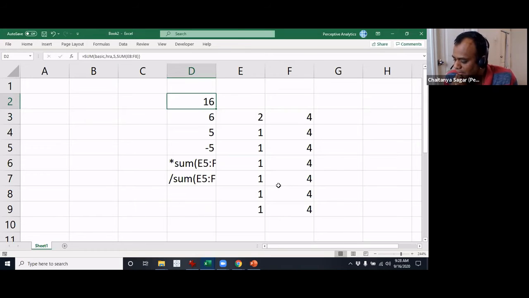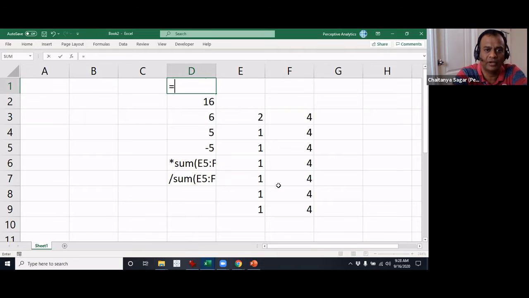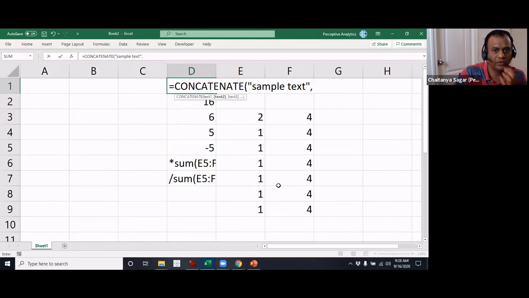Then there is also one more thing that you could do, depending on the formula though. You can also give text, but it depends on whether you can give text as an input or not. So for example, concatenate is one such formula, which will take both numbers and text. Let's say if I want to give text called, let's say, sample text, and then I want to give a